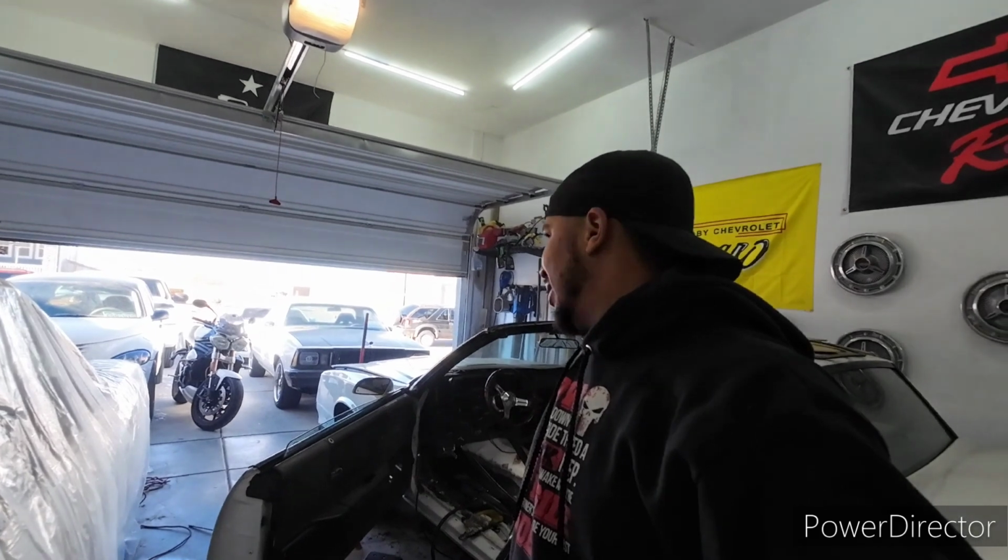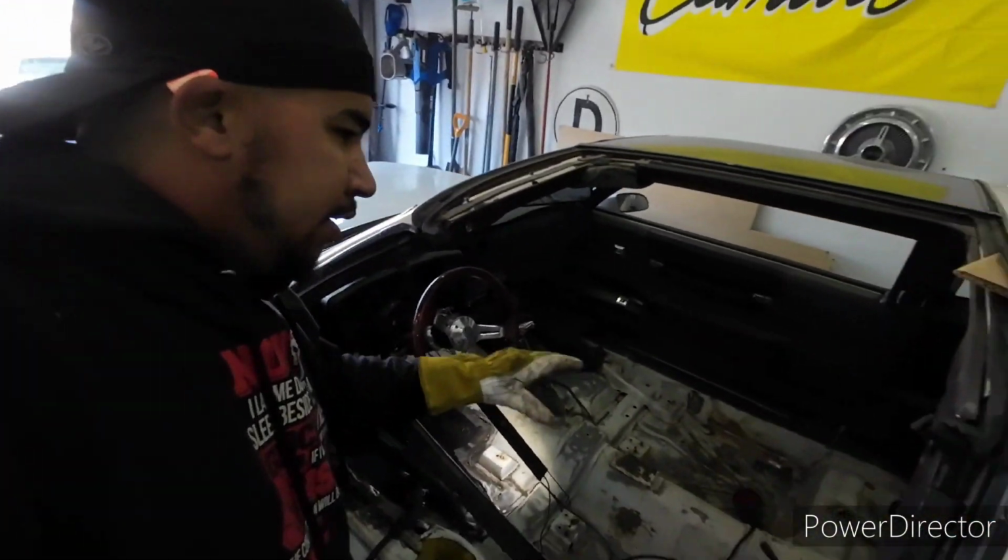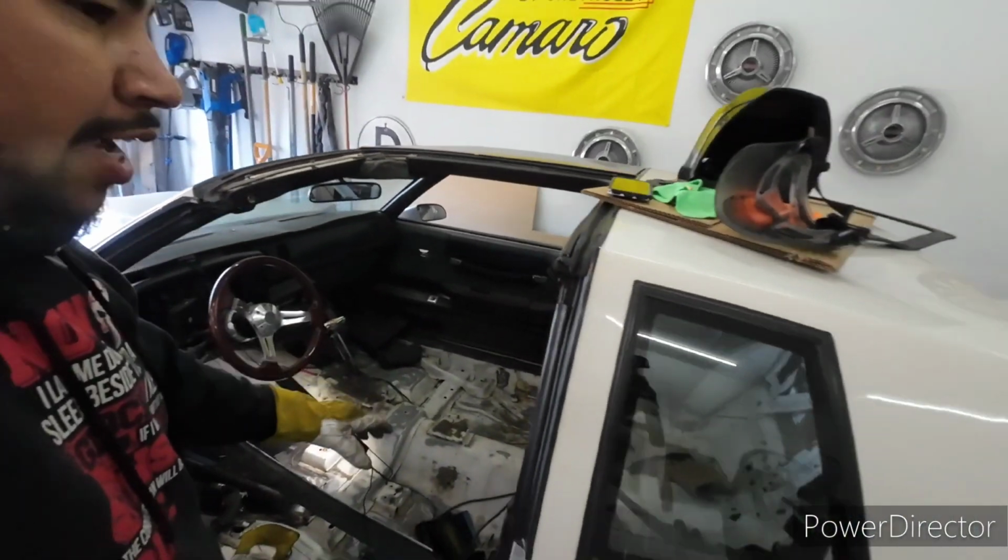Like I said, I'll probably have the car for about a month. It might be a little less, so yeah, at least 3 weeks with the car, and I think I should be able to knock everything out that I have planned while it's here. At least get the floor in, get the interior back right, and then